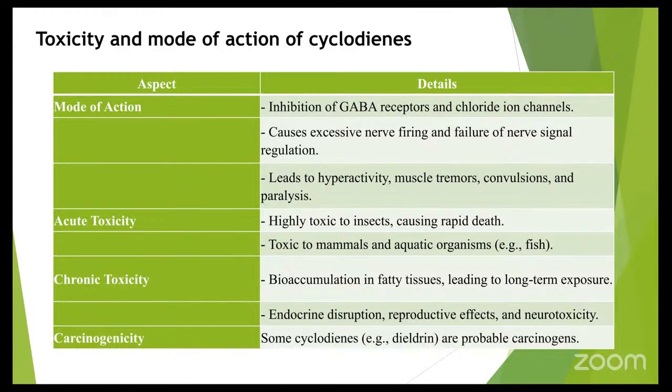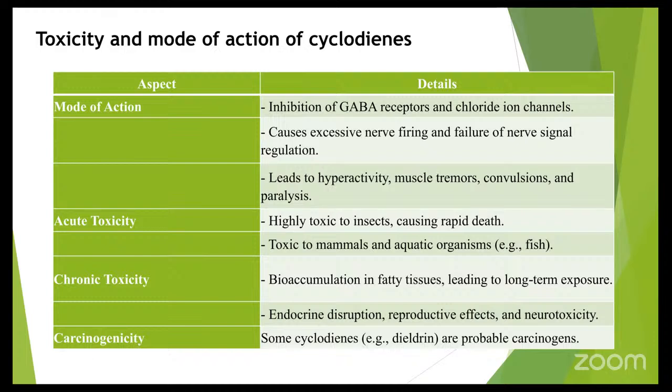The important difference between DDT and the chlorinated cyclodienes is that the cyclodienes are absorbed from the intact skin. The difference between the oral and dermal LD50 values for the cyclodienes is much smaller than the difference for DDT. Coming to the mode of action, it is by the inhibition of GABA receptors and chloride channels. It causes excessive nerve firing and failure of nerve signal regulation, and it leads to hyperactivity, muscle tremors, convulsions, and paralysis. Acute toxicity is high to insects, causing rapid death upon exposure, and they are toxic to mammals and aquatic